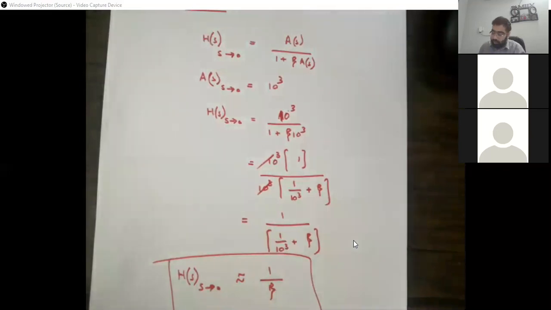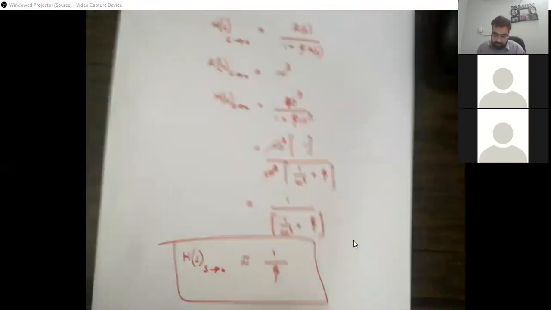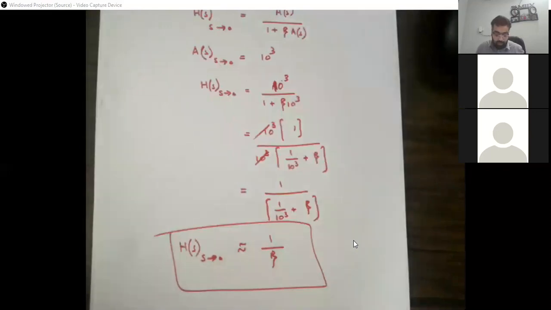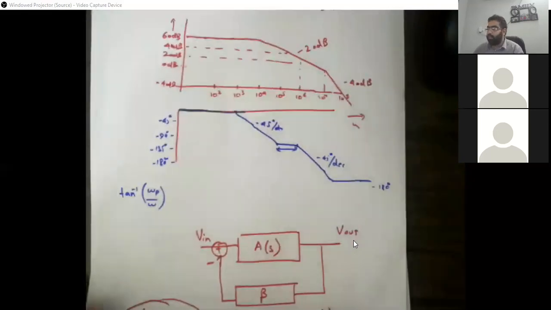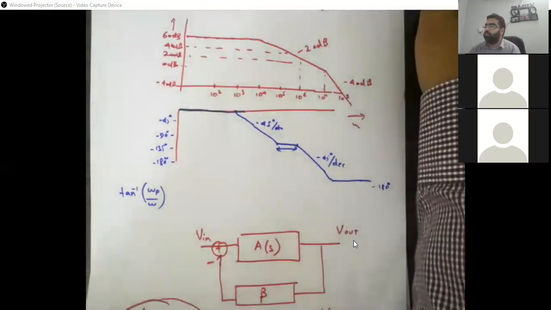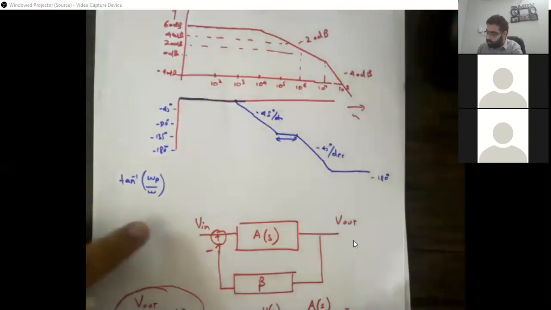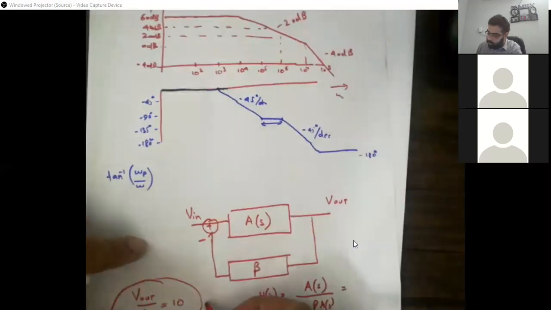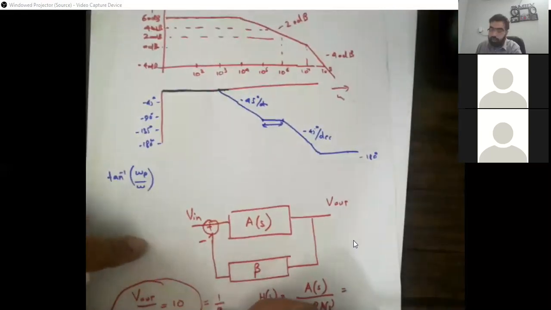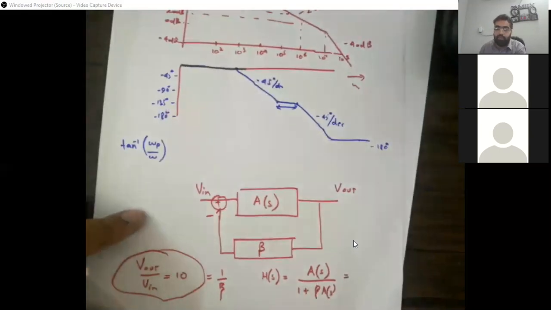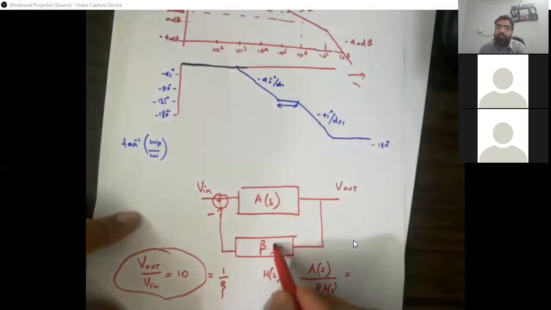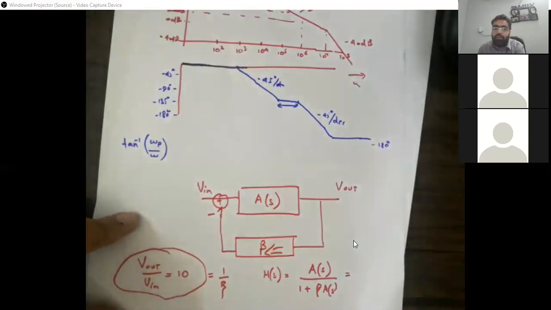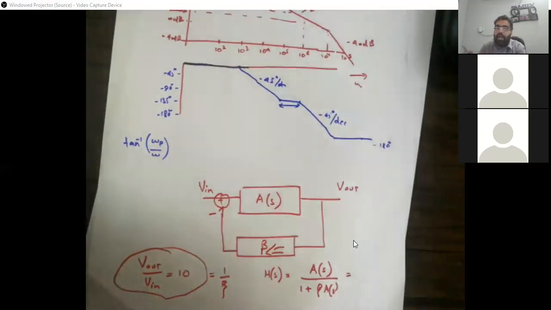ठीक है? तो अगर मैं अब इसको reiterate करूं, this means कि जो मेरे पास this beta factor यहाँ आपके पास आया हुआ था, this can go back to the same expression, which is 1 over beta is equal to V out by Vn. I can write this equal to 1 over beta. This is a feedback gain. तो मुझे जो feedback gain था उसकी value पता चल गई, which is equal to 1 over 10. ये point clear है?